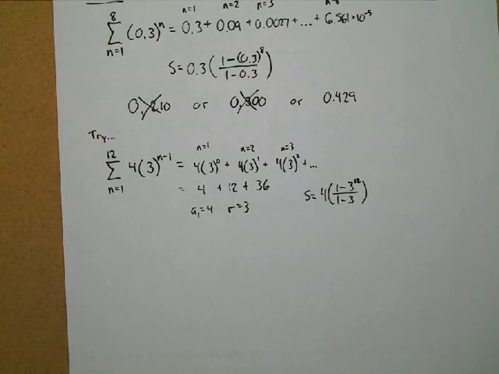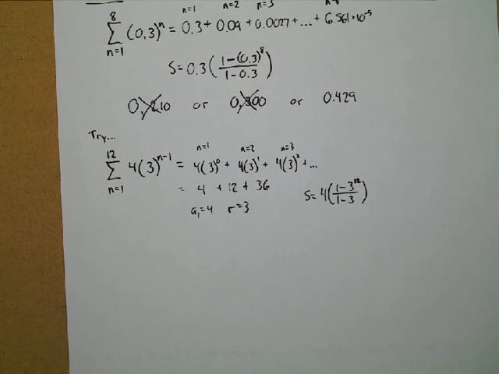Take as many steps as you need here. If you find yourself making mistakes in these numbers, then you need to take more steps to get there. Anyway, we can see our first term is 4, common ratio is 3, and so then we've got our formula right here. And then the last challenging step is making sure we type it in accurately. And then there should be your final answer,